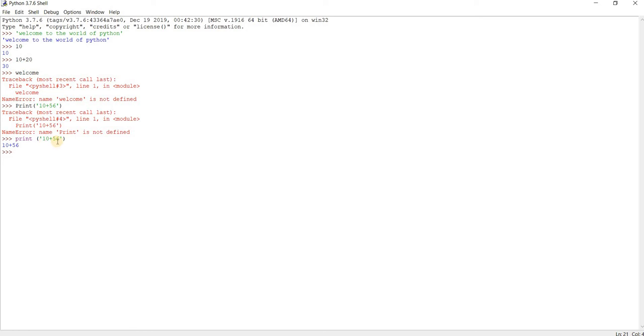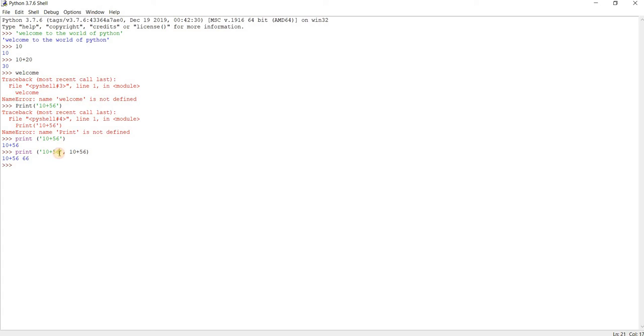It is used to display any message or any output. Here it won't add the numbers since I've written it in single quotes.